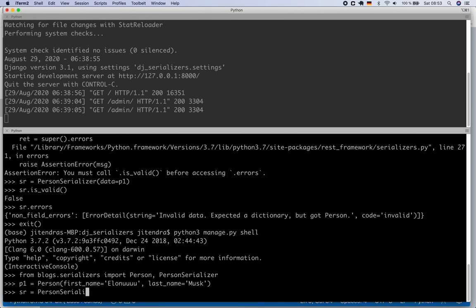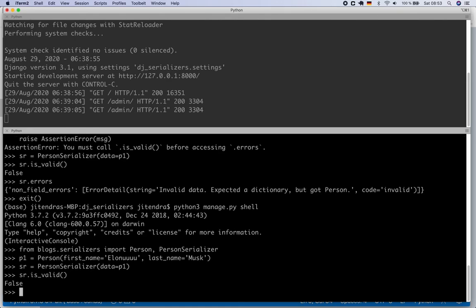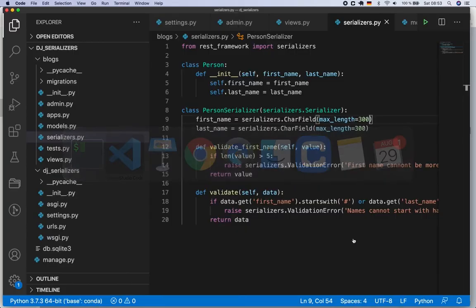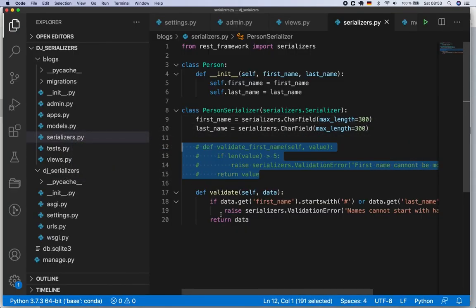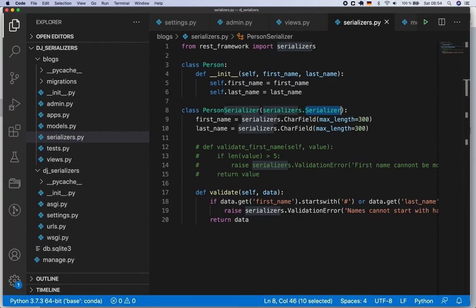Now serializer person is person serializer, pass in with data argument p1, and sr dot is valid is false, and errors. We are still getting the same error. What's wrong? Let me comment this out and let's check if this validation is working. Serializers, that's serializer. Yeah, everything looks good, everything is right, but